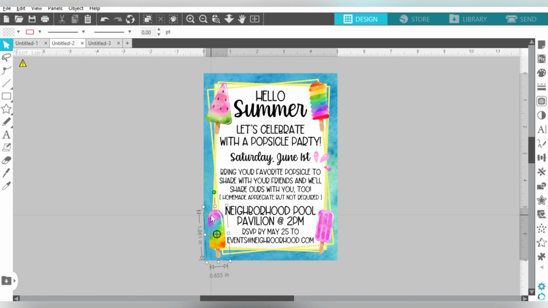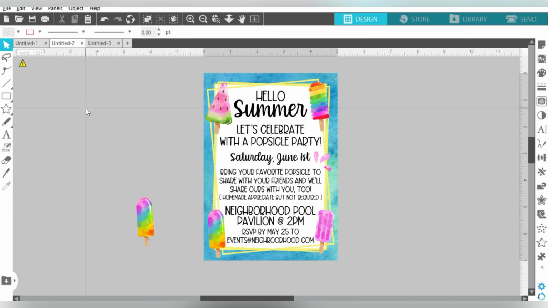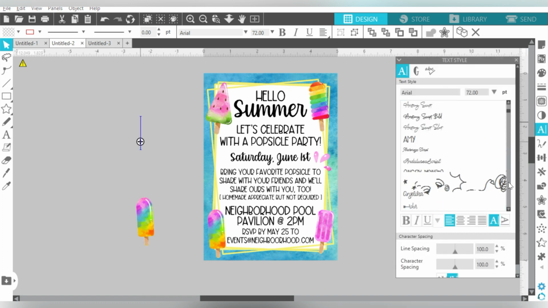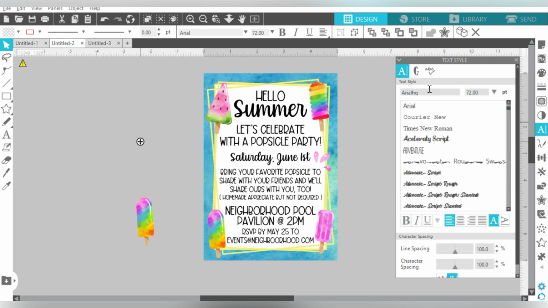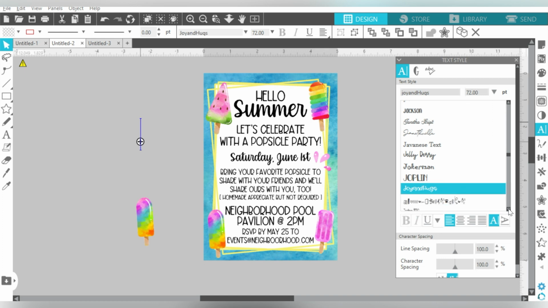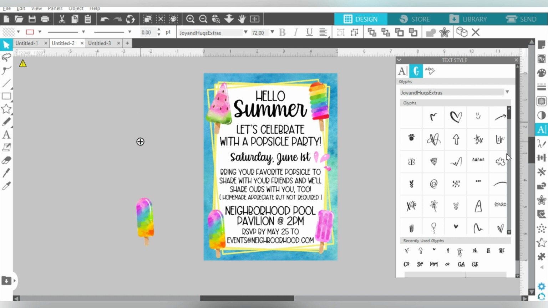And I'm going to let you in on one other little secret. So I made a duplicate of my popsicle here. And I'm going to open my text. Now, the Joy and Hugs font come with some really neat... Oh, goodness. Come on, Becky. There we go. They have a dingbat Joy and Hugs extras. So if you locate your glyphs in here, I took advantage of this little arrow